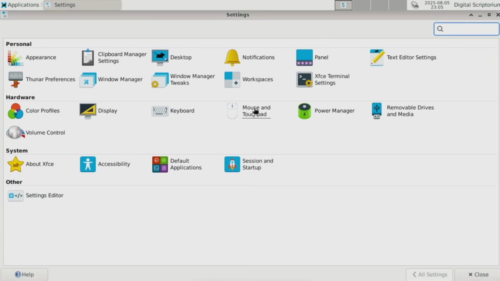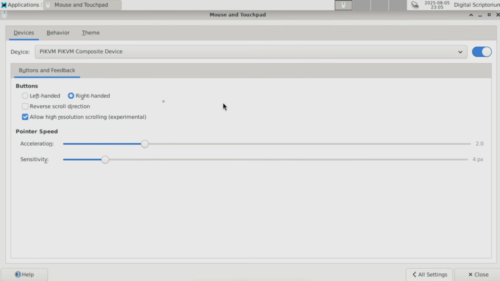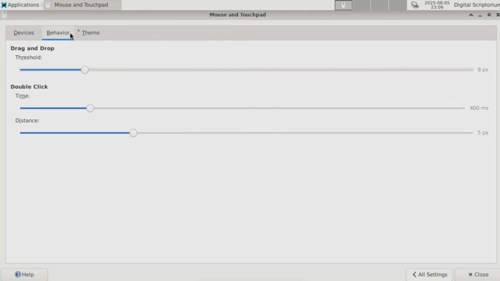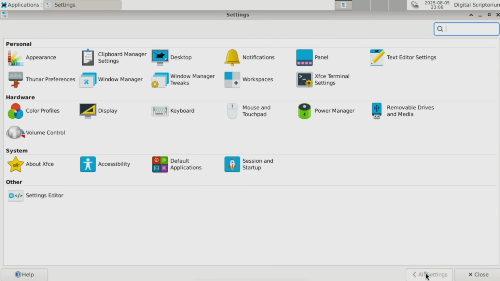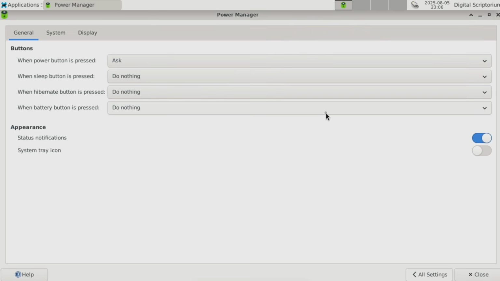You may want to change up your mouse and touchpad configurations. For instance, you can change your mouse buttons from right-handed to left-handed, along with reverse scroll direction, and you can also adjust your pointer speed if you wanted to. There's also behaviors and then themes, so you can change up your mouse cursor's theme if you wanted to, along with changing up the size, should you want to. We'll go back to all settings, and then next up, another big one is just taking a look at Power